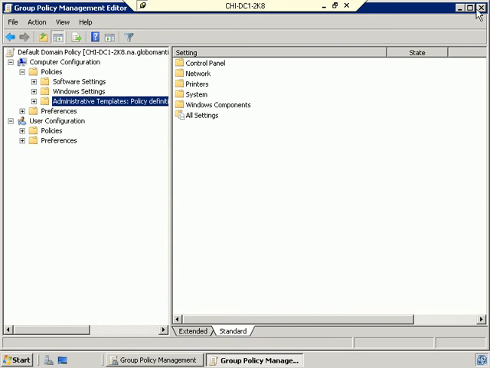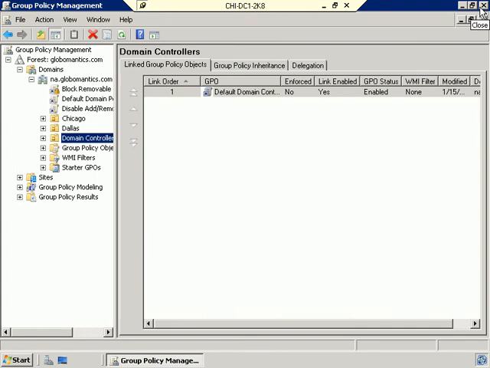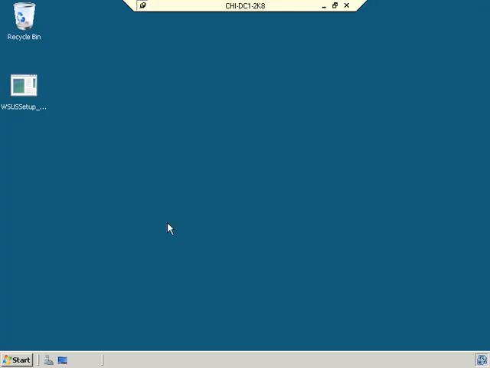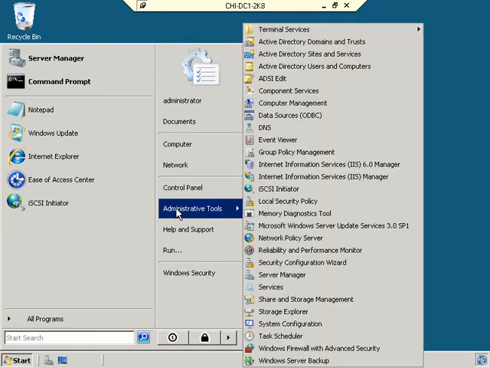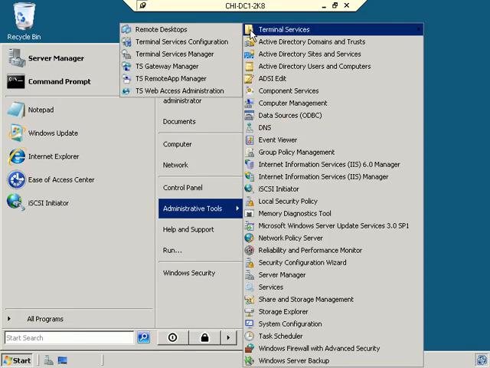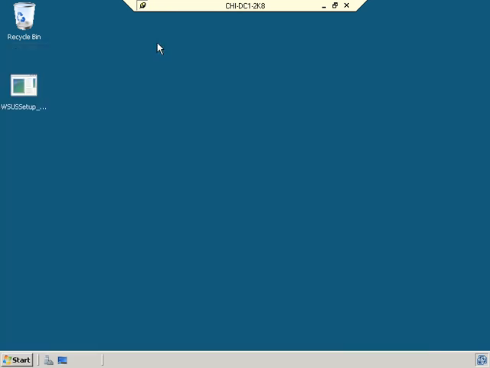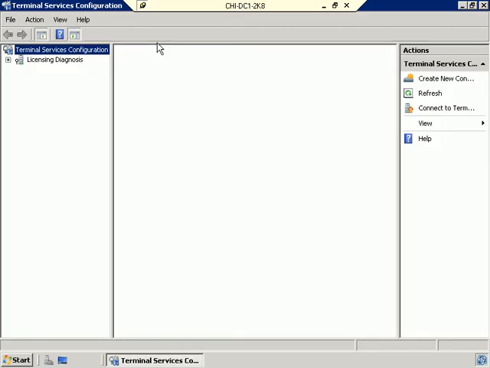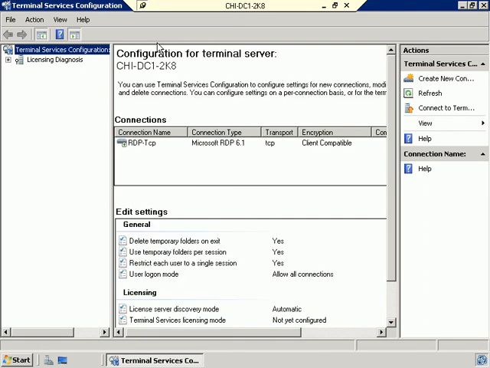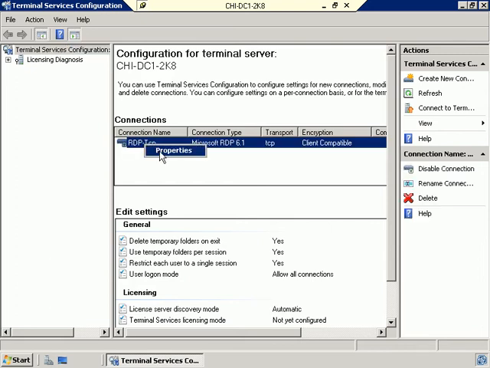Now let me go ahead and close this. And actually we can close out of group policy management altogether, because what I'd now like to show you is I'm going to click on Start, Administrative Tools, and then up here you'll see there's a folder for terminal services which expands into a number of other things to choose from. And here I'm going to go into Terminal Services Configuration. In here, what I can do is right click on this RDP-TCP. So if I right click and go to Properties,